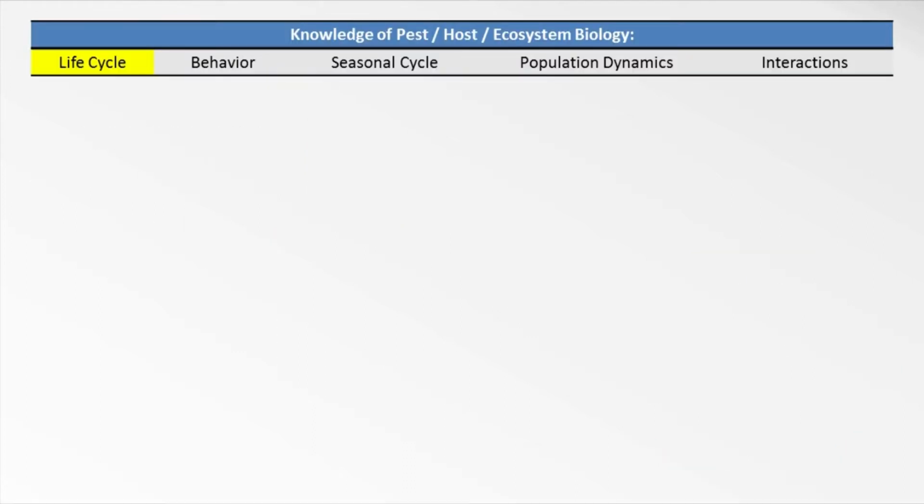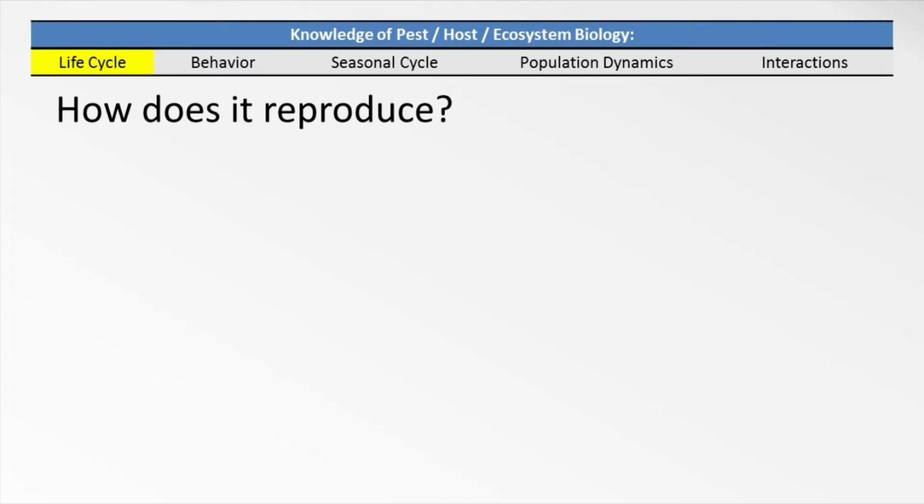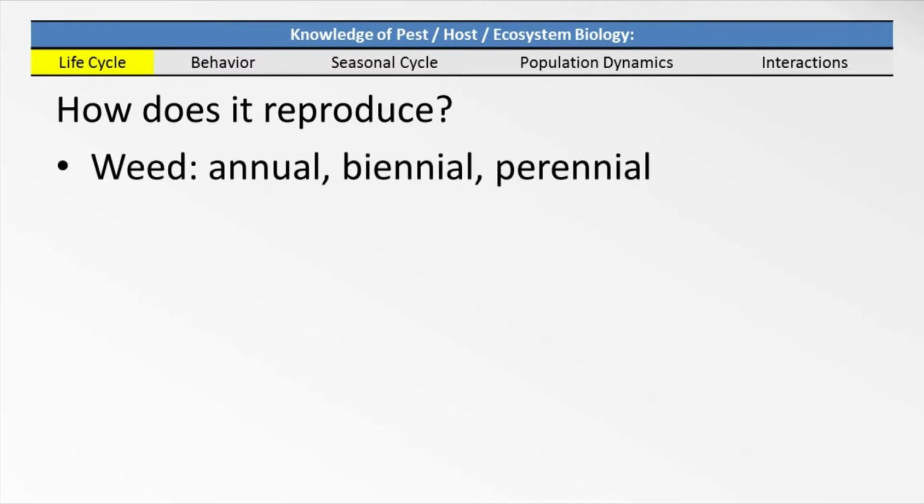First of all, you need to know as much as possible about the pest itself. For example, how does it reproduce? If it's a weed, is it annual, biennial, or perennial? Annuals will come back from seed each year. Biennial and perennial weeds need to be treated differently, because they may have vegetative storage structures that can help them survive weeding or even push through a thick layer